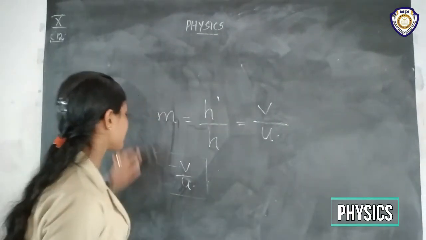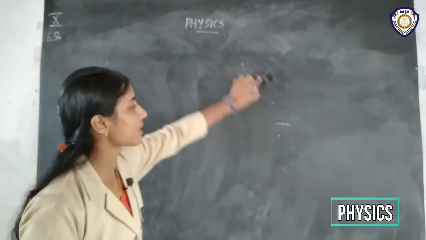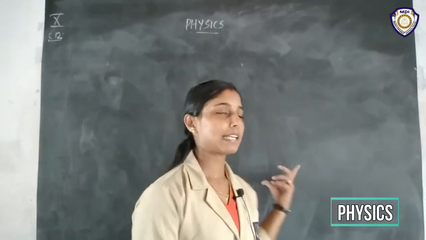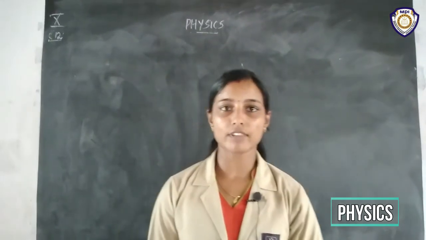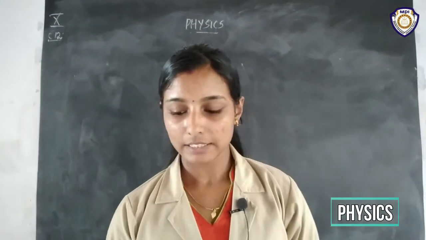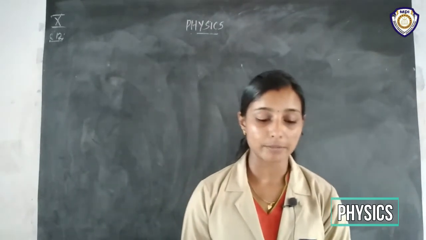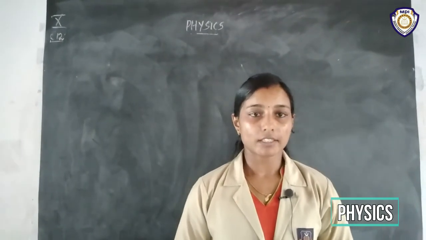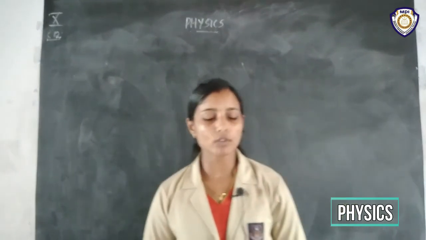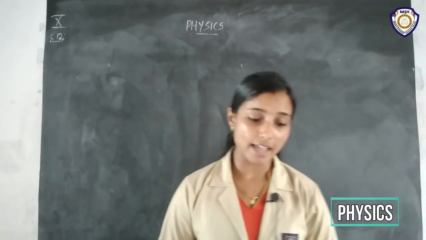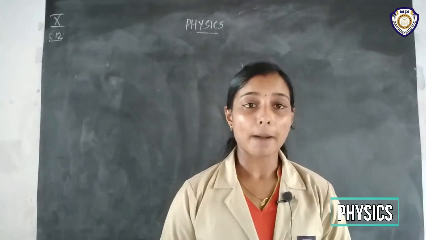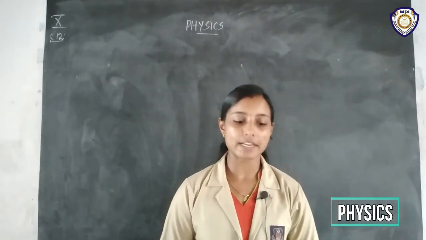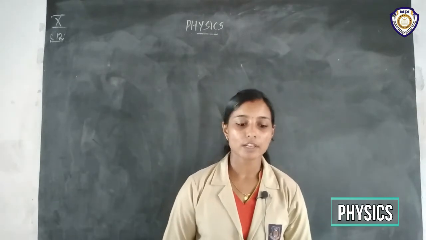So now we have completed the magnification and lens formula part. We have to do many problems using this lens formula and magnification. We can do it later. And one more thing we have to study in this chapter, that is power of a lens. Power of a lens means what? Whenever we talk about the power of a lens, it is the measure of the capacity of a lens to converge or diverge a beam of light.